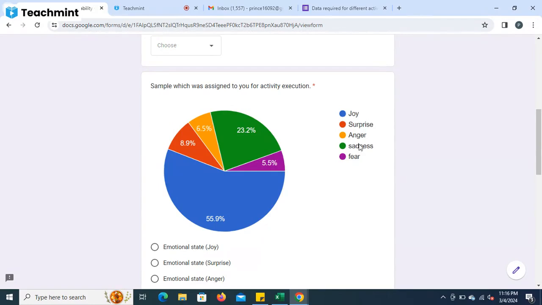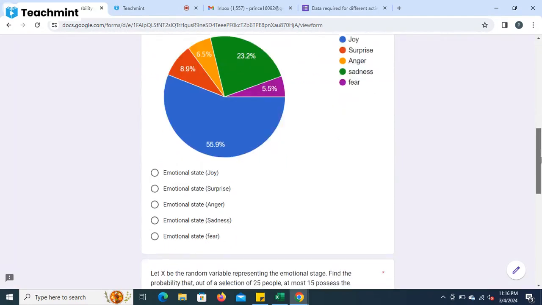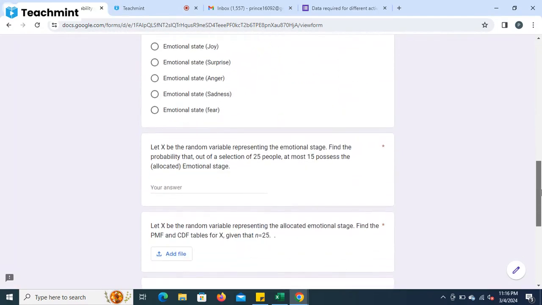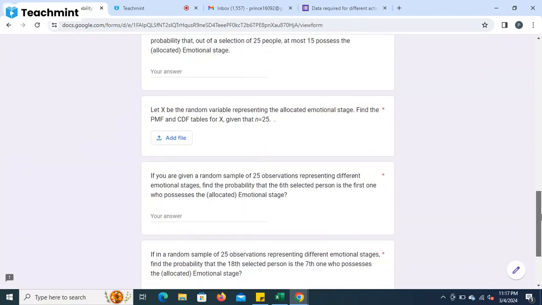Okay. So for example, if some other student is allocated the emotional state of surprise, then for him the probability of success is 8.9%. According to this particular probability of success only, you need to solve the problems. There are different problems. For example, the first problem is based on the probability that out of 25 selected persons, at most 15 possess the emotional state. So you need to apply the discrete probability distribution to answer this particular question. And